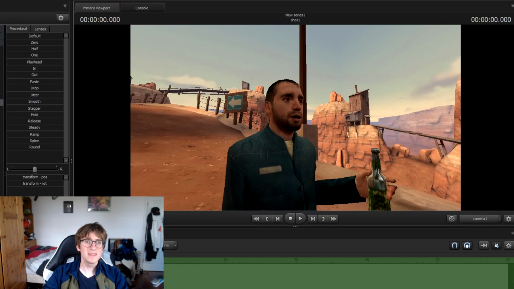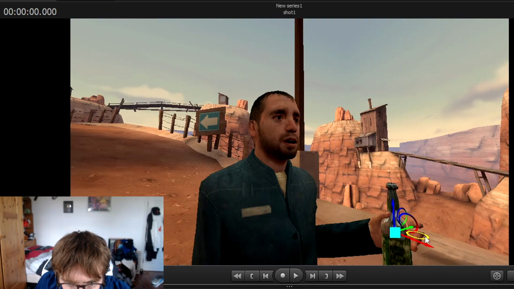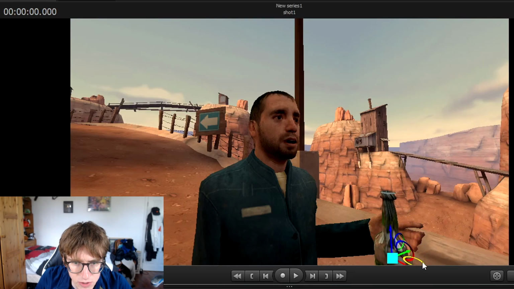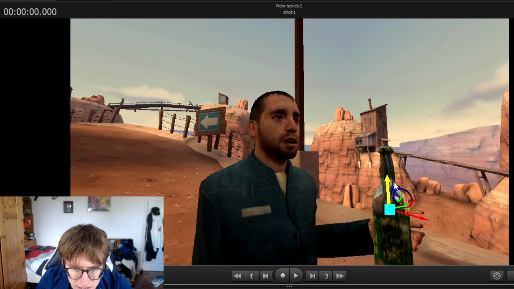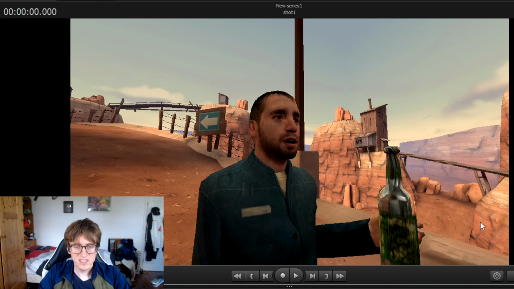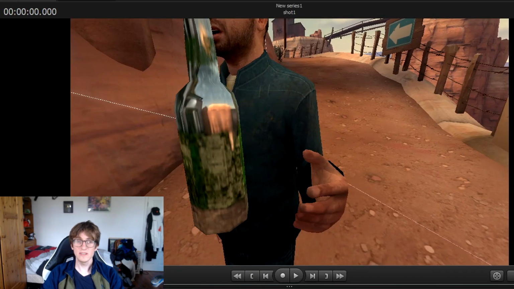I also want to highlight the importance of camera angles here. If we were to take this glass bottle again, and move it out here, let's just move it a little bit towards the camera, move it upwards slightly, and then move it to the left, then you could probably get away with saying that this guy is holding a bottle. However, if we go into work camera, then we will see that he is nowhere near to even touching that